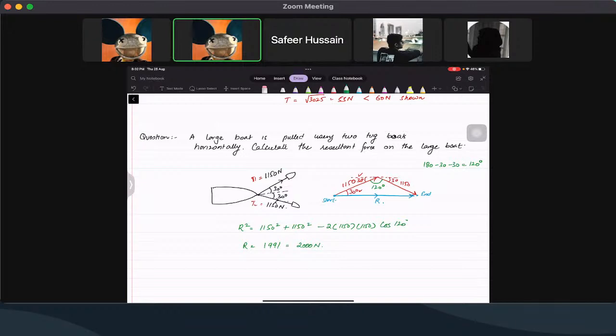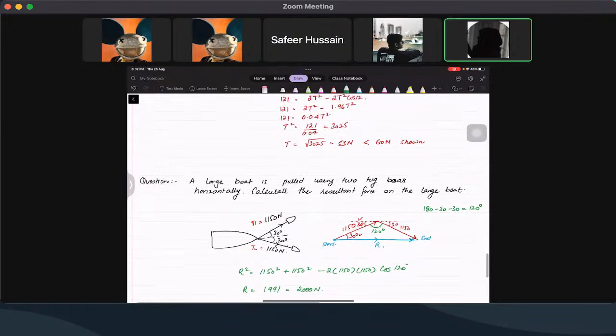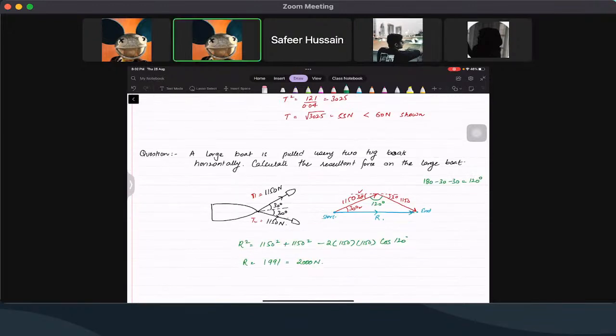So always, when you're following this, you can write this down. I just want you to follow the steps. The first step is always that you should make a head-to-tail rule diagram. If you do not make a head-to-tail rule diagram, it means your answer will be wrong. You will not get the right answer. Okay? So what I want you people to do is